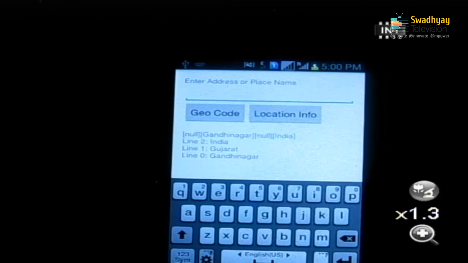First is India, first line is Gujarat and 0 line is Gandhinagar. So, this is how I can get my location information. Since I have not used precise location criteria, it will show nearby places also, but you can always refine the result by specifying criteria.